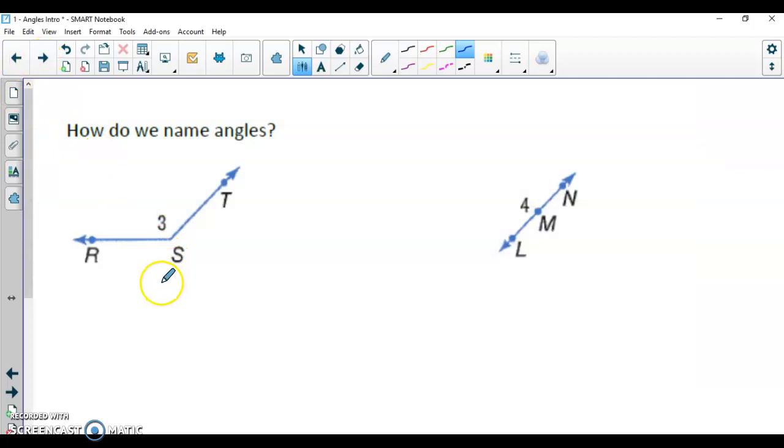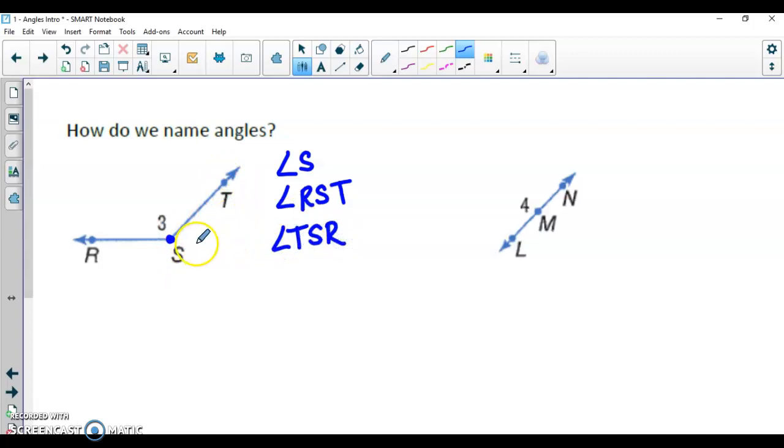There are a couple ways that we can name angles. You'll notice that a lot of times we'll have an angle and we'll have some letters or we'll have numbers there. So when we name angles, we can name it by this point right here, which is called the vertex. The vertex is like the little hinge. So we could call this angle S. We could also name it using the 3 different letters that are there, but we have to go in order. So we could say angle R, S, T. R, S, T would work. And if we went the other way, we could say angle T, S, R